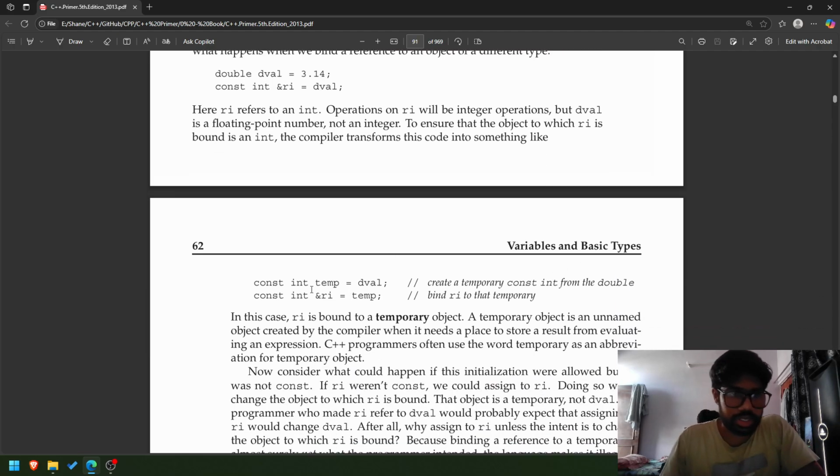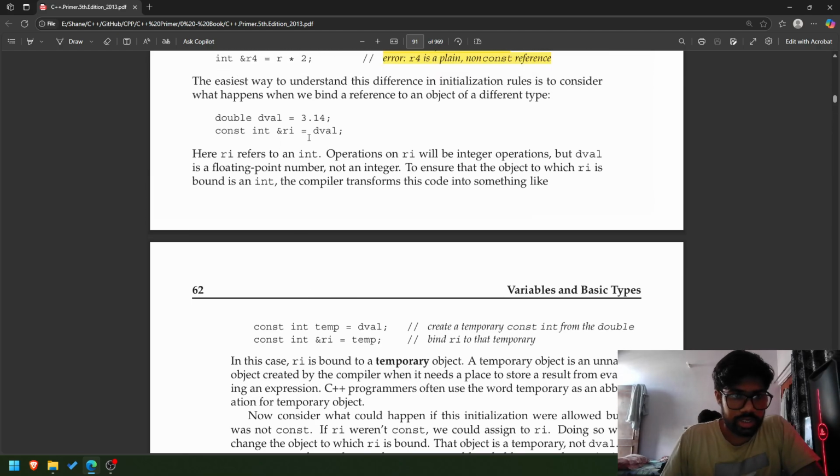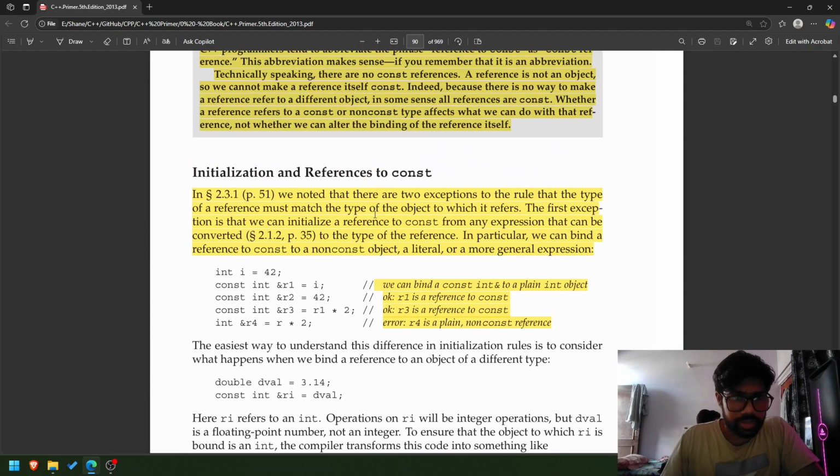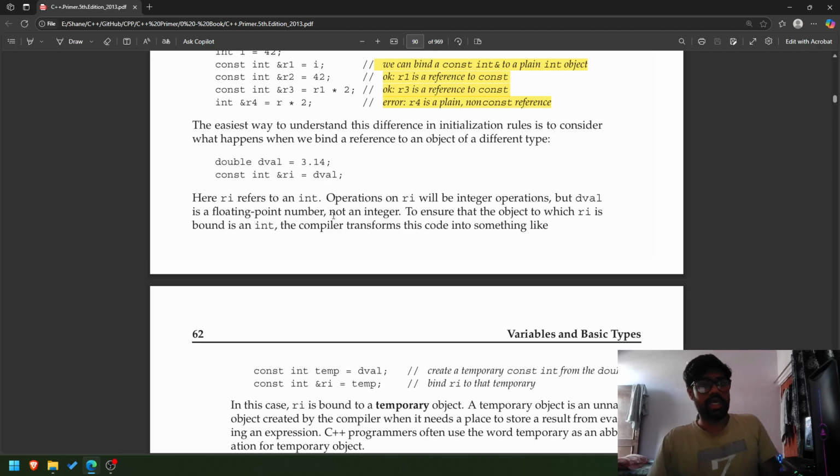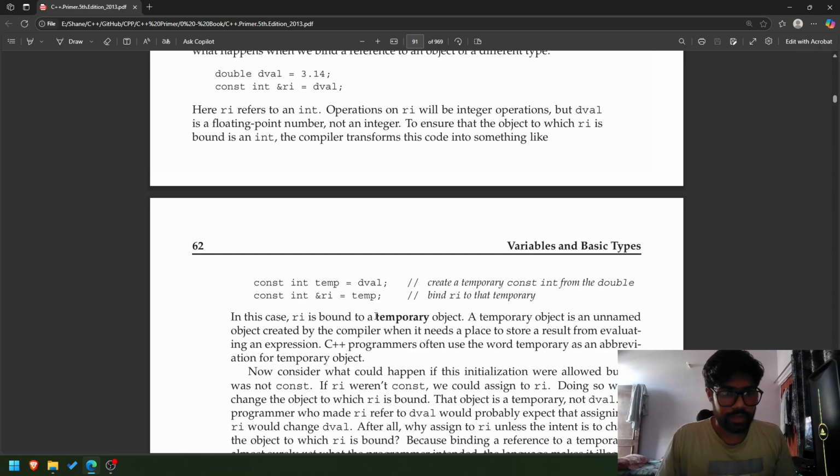a const. This is const int temp = dval. Create a temporary constant. So this is the exception to the rule: the first exception is that we can initialize a reference to const from any expression that can be converted to the type of the reference. In this case, ri is bound to a temporary object. A temporary object is an unnamed object created